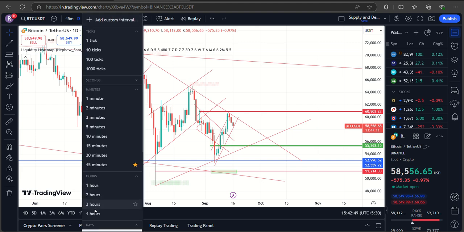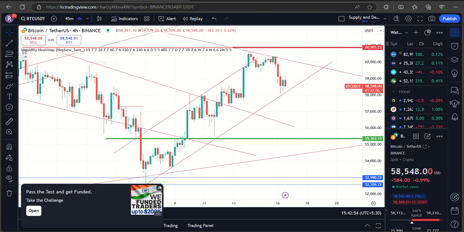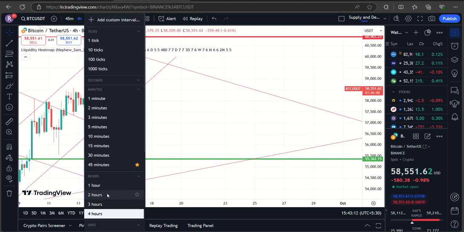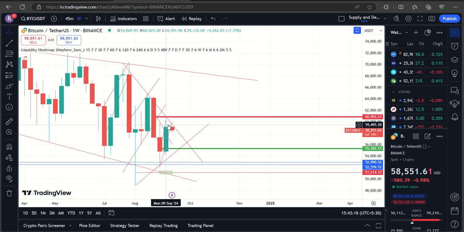We'll go to the 4 hour time frame and see we are still in the upward channel and still finding some kind of support here on the upward channel, but I still feel like there is no bullish scenario. The bullish scenario is on a macro level. Let's say if we see the weekly, the weekly has a nice bounce area, and this might suggest that by this week we might start moving, maybe around the pivot, which is the 18th of September,